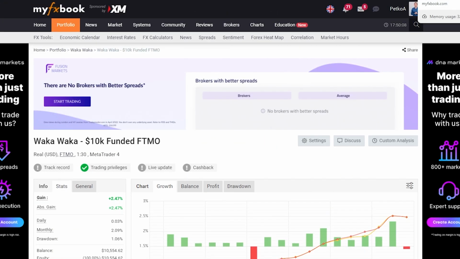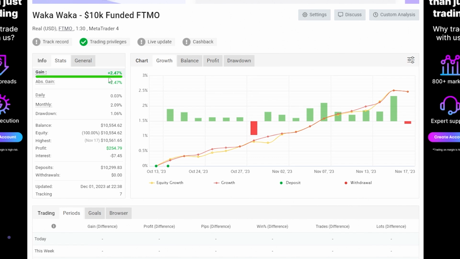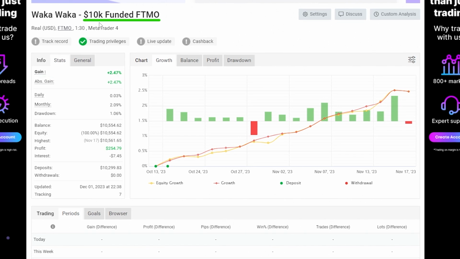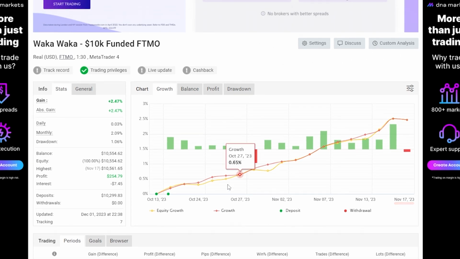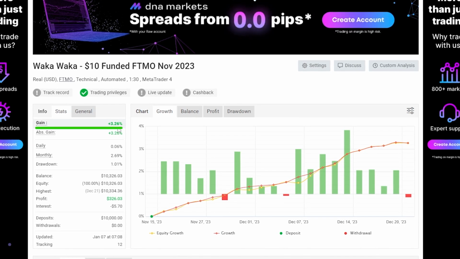And as I've shown in many of my videos, I'm using the Waka Waka on funded accounts, and it brings steady profits of 2 to 3% a month. So this is the performance that I had in 10k FTMO funded account from mid-October till mid-November. And then if I show you the results in the funded account in November, you will see that it achieved